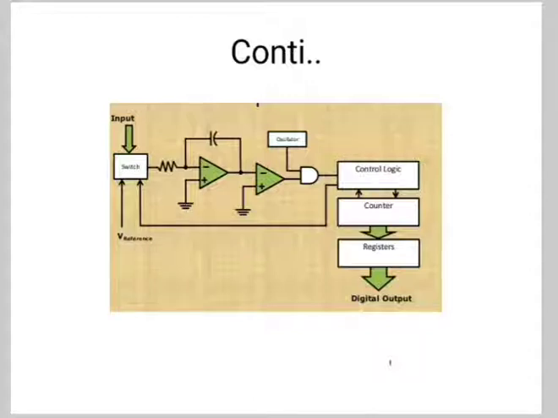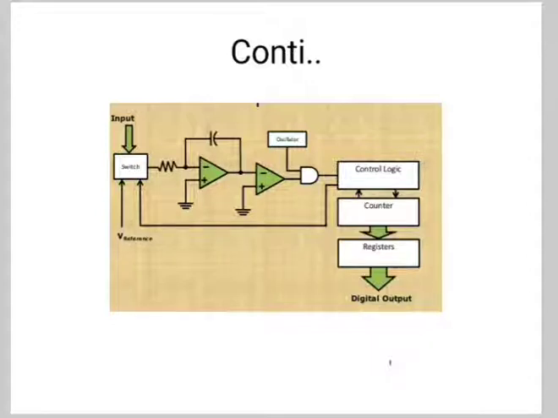The negative ramp continues for a fixed time period T1, which is determined by a count detector. At the end of the fixed time period T1, the ramp output of the integrator is given by Vs equal to minus VA by Rc into T1. When the counter reaches the fixed count of time period T1, the binary counter is reset to 0 0 0 0 and switches the integrator input to the negative reference voltage minus V reference.